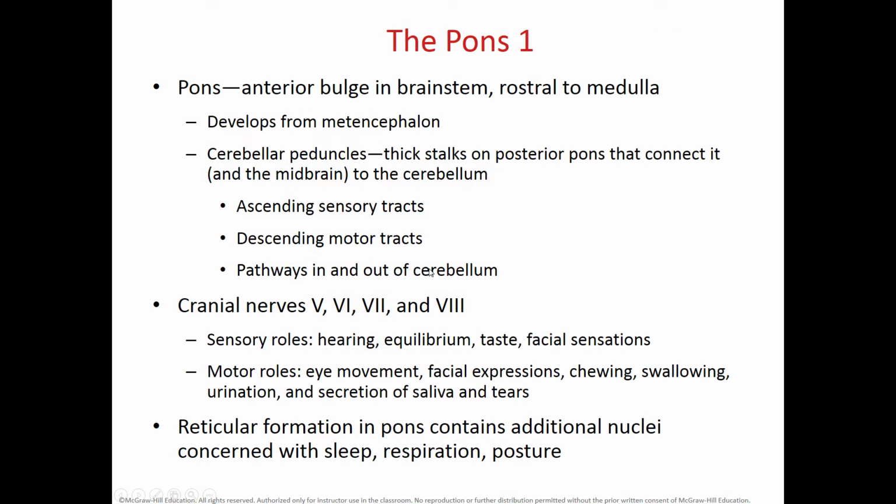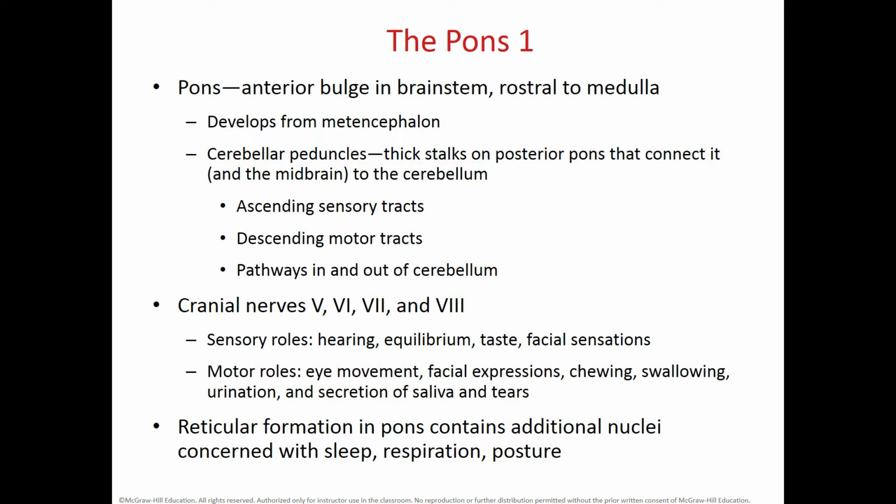So the pons is this anterior bulge of the brainstem that is anterior and superior to the medulla. This one comes from the metencephalon, and within the pons we have some structures that are called the cerebellar peduncles that help to connect the pons to the cerebellum. Within these cerebellar peduncles we have ascending sensory tracts, descending motor tracts, and pathways that come in and out of